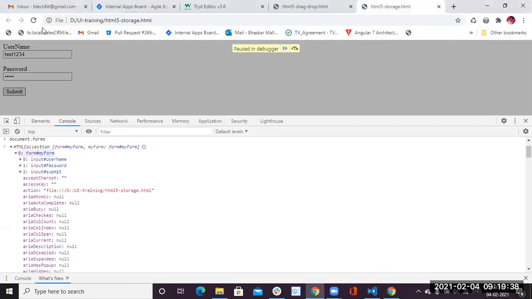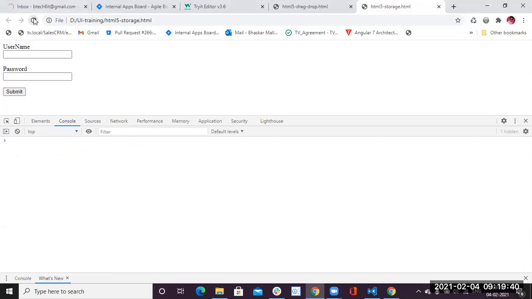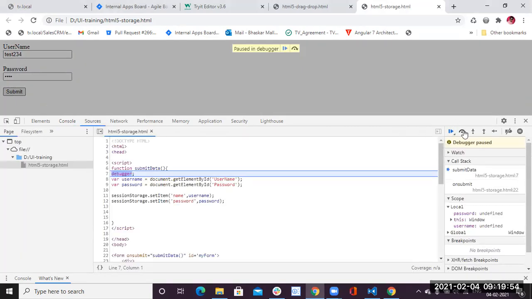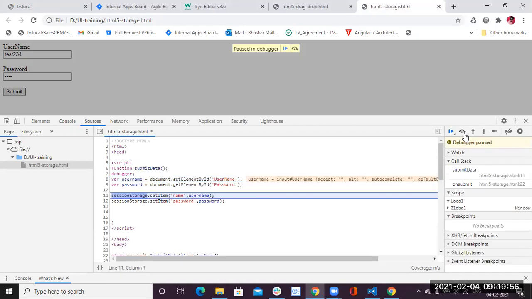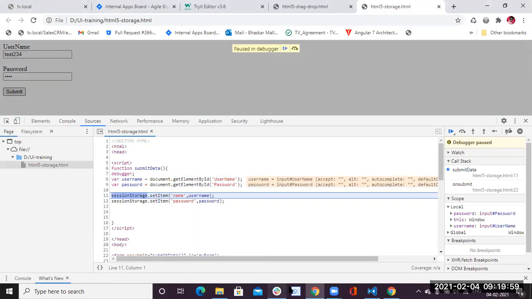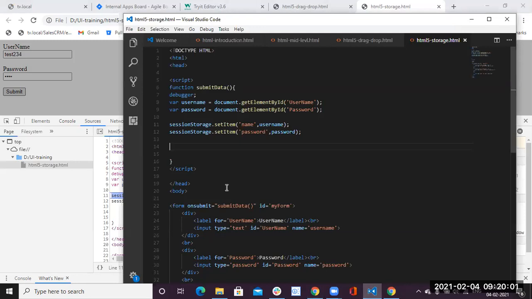Now I'm saving this. Now we'll go to the browser. Again, I'm entering text 123, and the password is 1234, and submitting the form. The debugger will be called here.